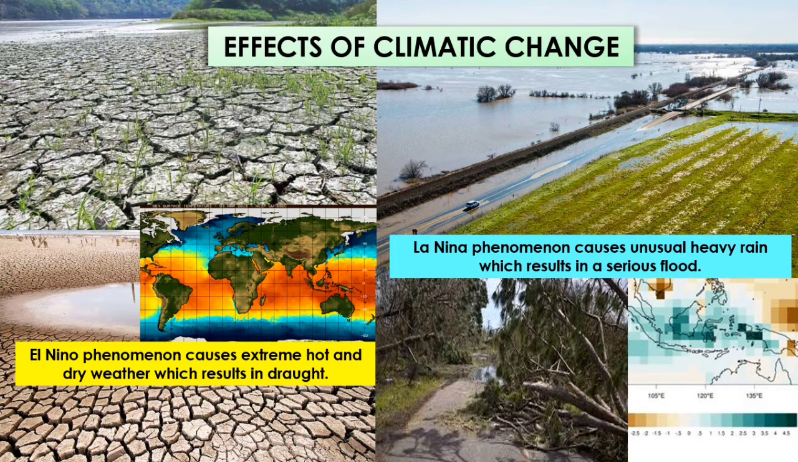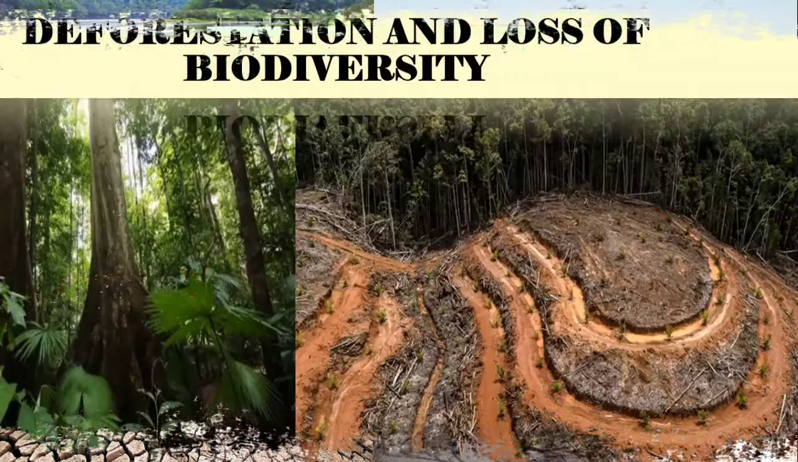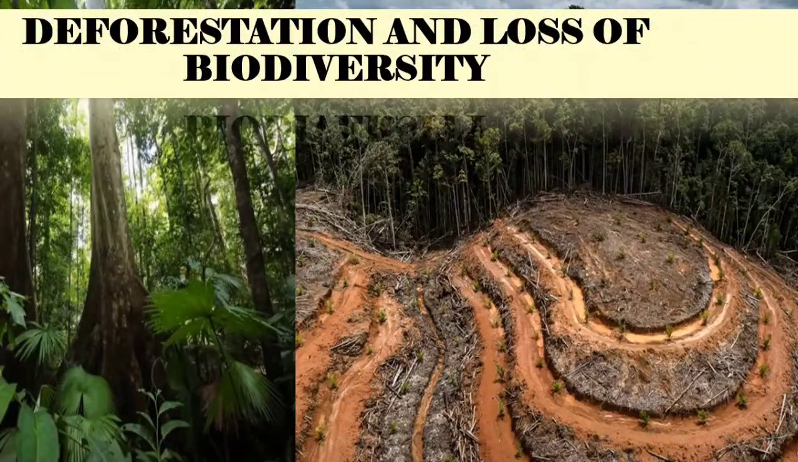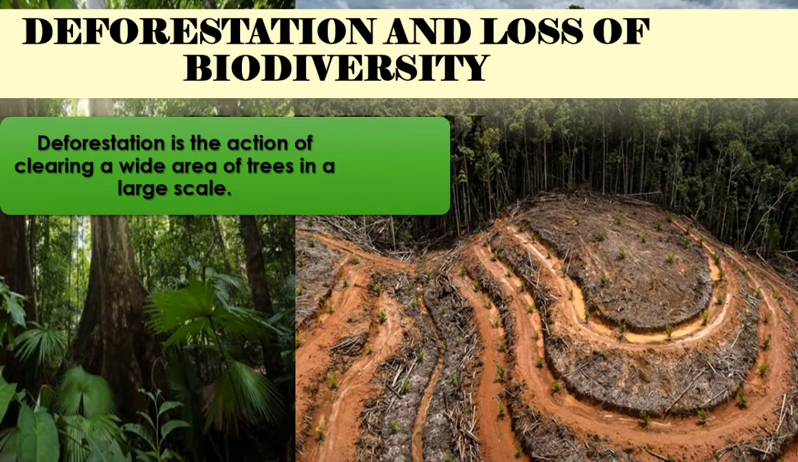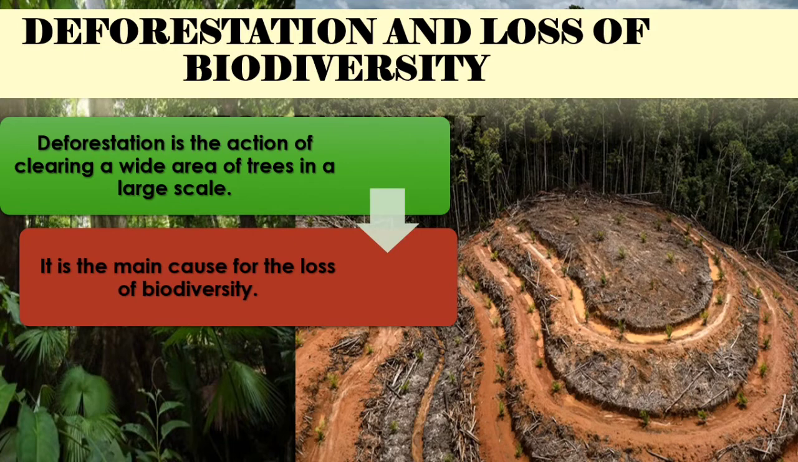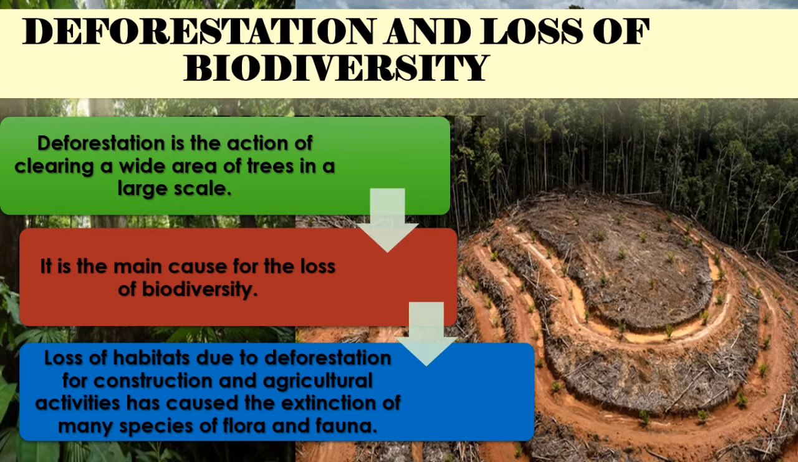So this is the effect of climatic change. Okay, now let's discuss the human activity. The other human activities are deforestation and loss of biodiversity. Deforestation is the action of clearing a wide area of trees on a large scale. It is the main cause of the loss of biodiversity. Loss of habitat due to deforestation for construction and agriculture activity has caused the extinction of many species of